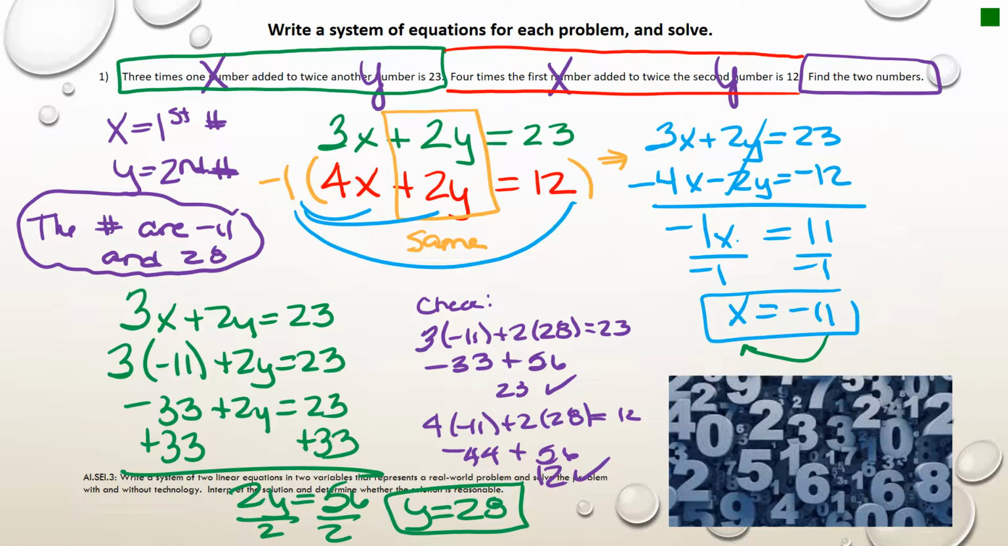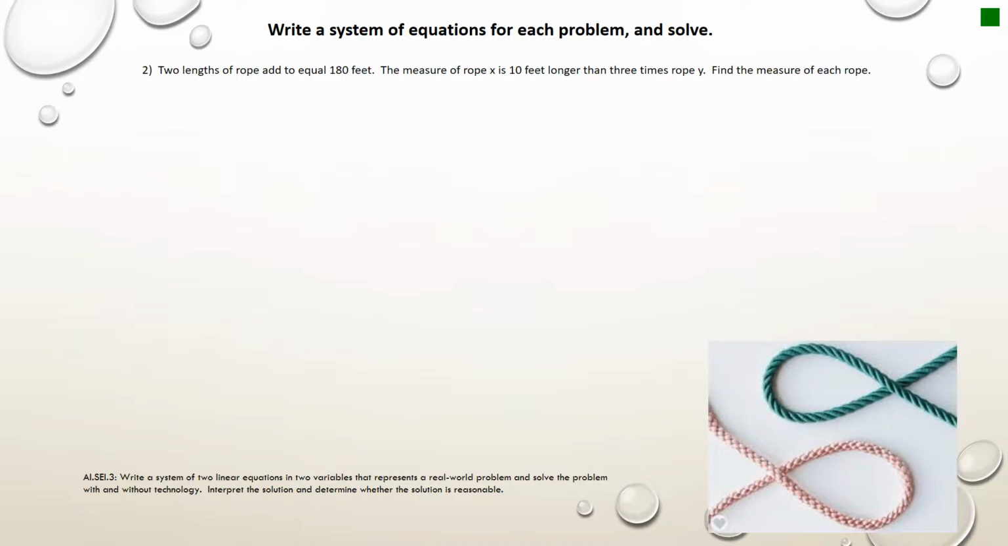Okay, see if I can fit a few more things on the next slide. 2 lengths of rope add to equal 180. The measure of the rope X is 10 feet longer than 3 times the rope Y. Find the measure of each rope. Well, if you read this one, they tell you what everything is. The measure of rope X. So X is the length